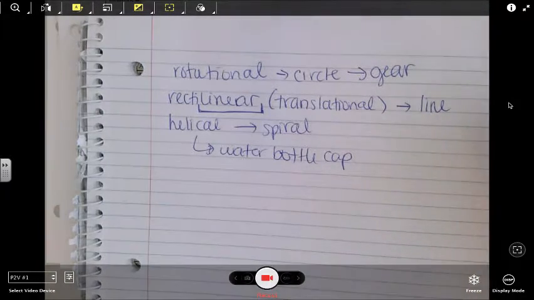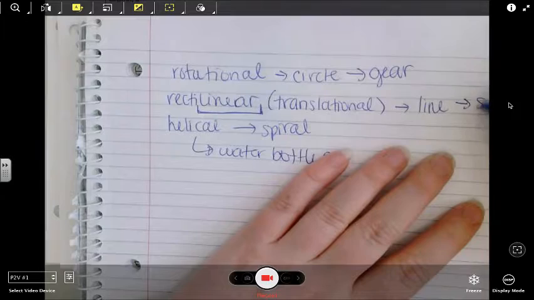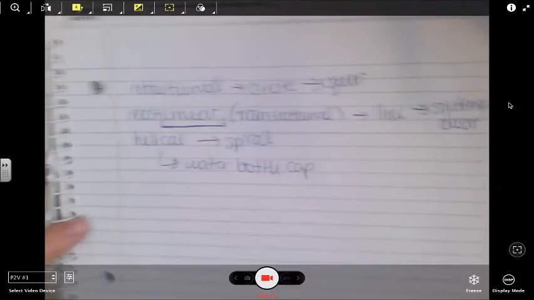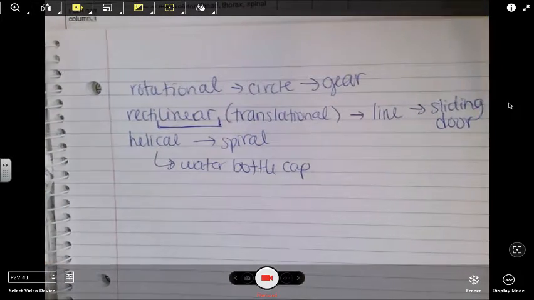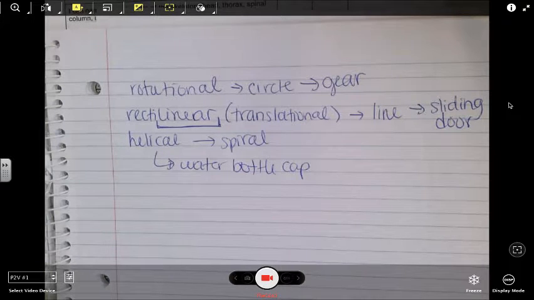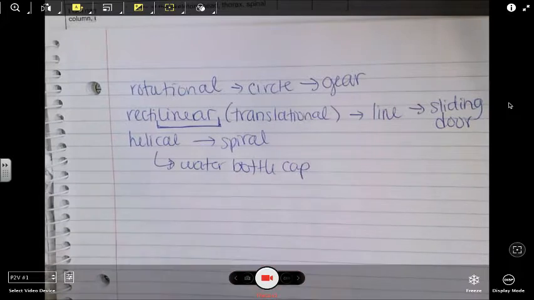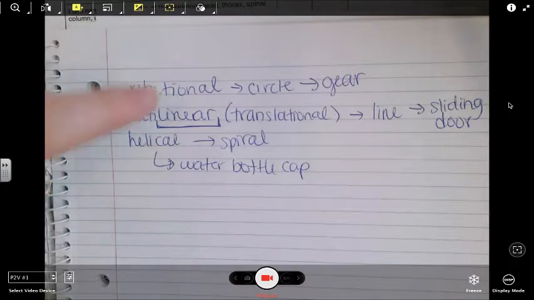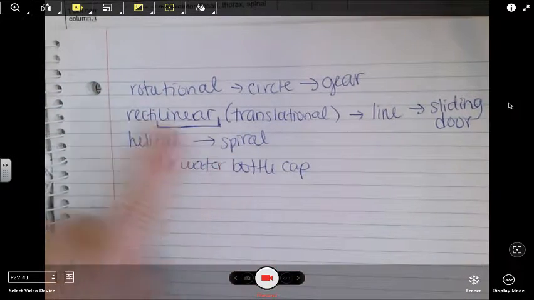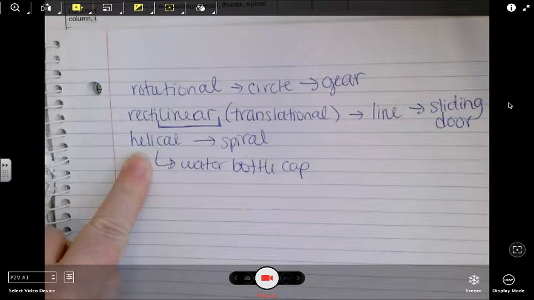And this would be a sliding door. If you have a glass door to go outside that you slide back and forth, that would be a linear motion. Hopefully that's a little bit more clear. Like we said, with transmission or transformation, if you start out with a circular motion and stay in a circular motion, that's transmission. If you start out in rotational and the second component is doing something else, like linear or helical, then that's a transformation, so it's a little bit different.